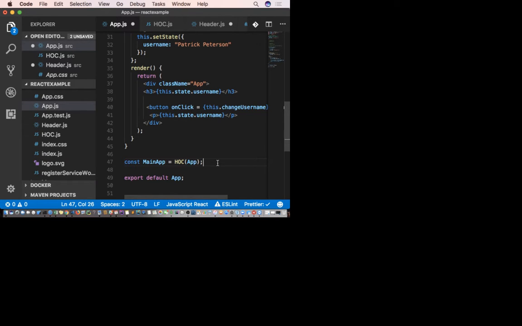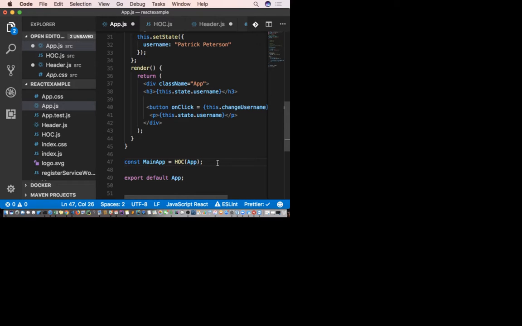So the bottom line is a higher order component is a component that takes another component and returns a component. Let me say that one more time. A higher order component is a component that takes a component and returns another component.